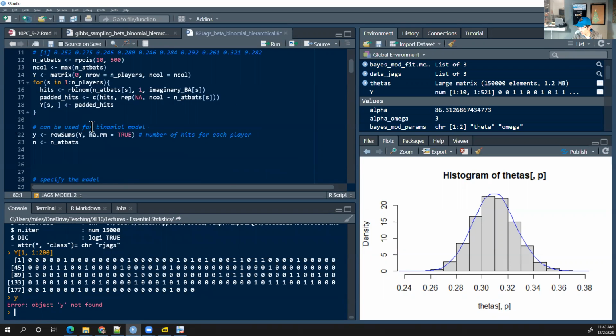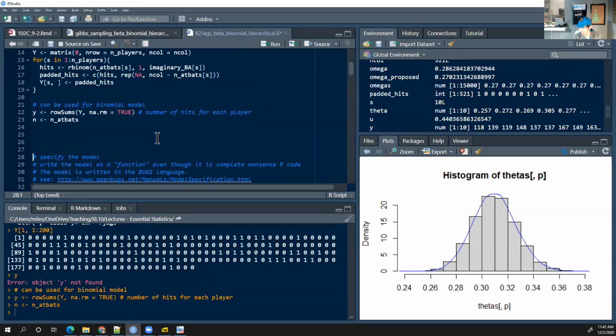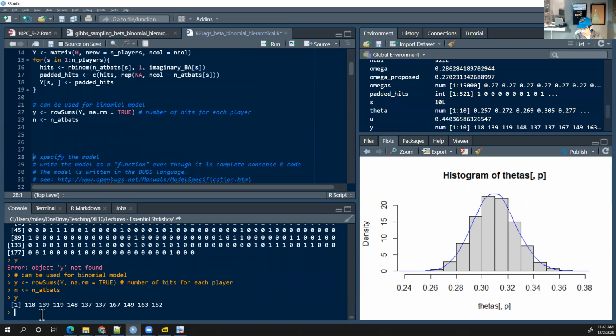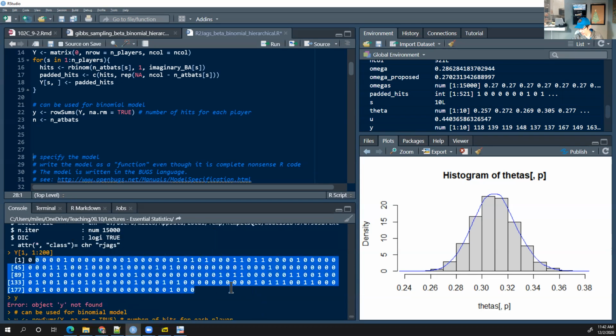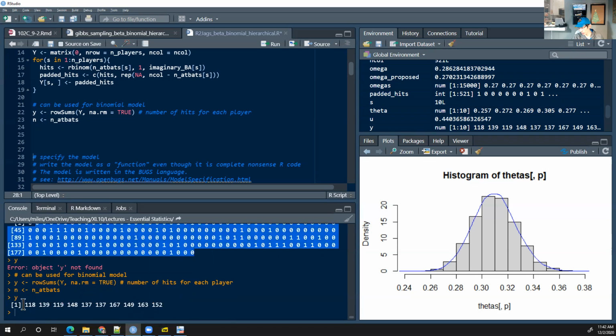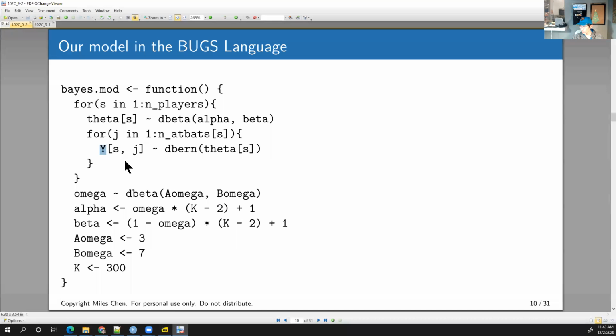Did I not do that correctly? I have to do row sums. If I do row sums of the hits, I can take the sum of all the values in that row, and I say, okay, there's a total of 118 hits for player 1. Player 2 has a total of 139 hits, okay? And so this time when I specify the model, rather than looking at individual hits, zeros and ones coming from Bernoulli,